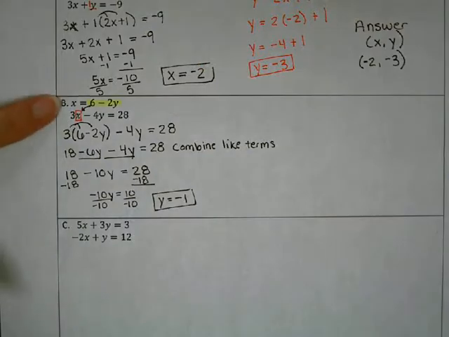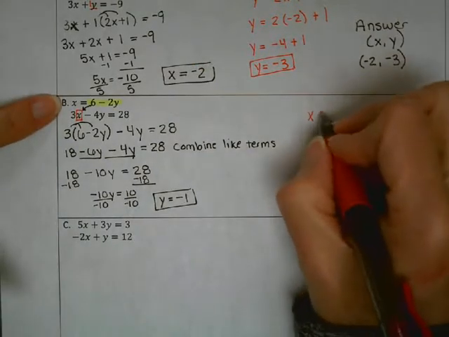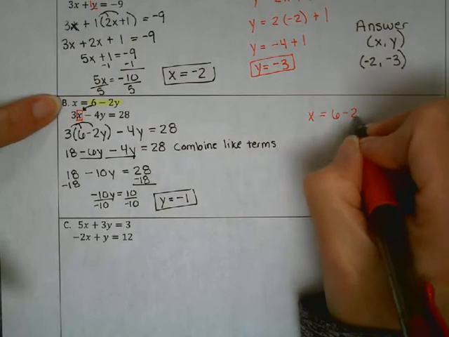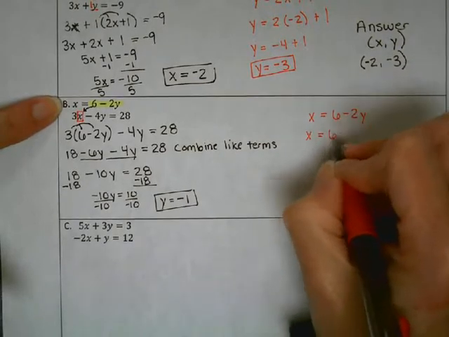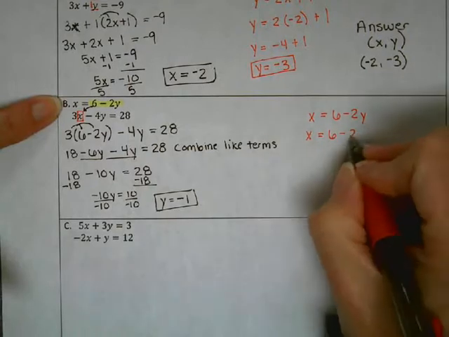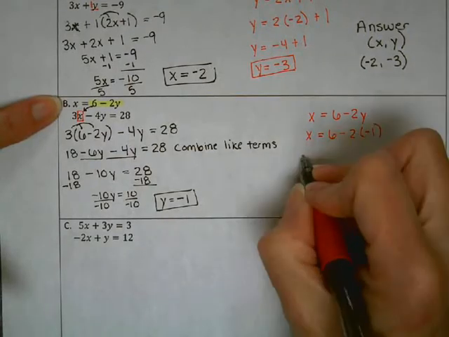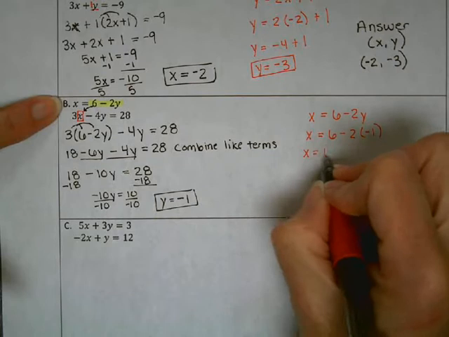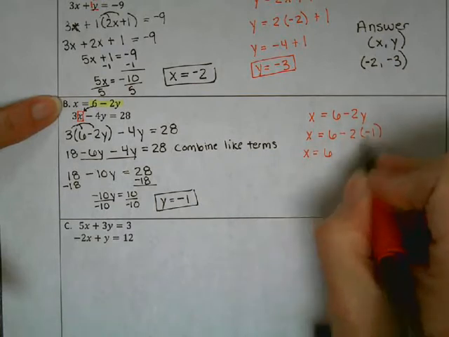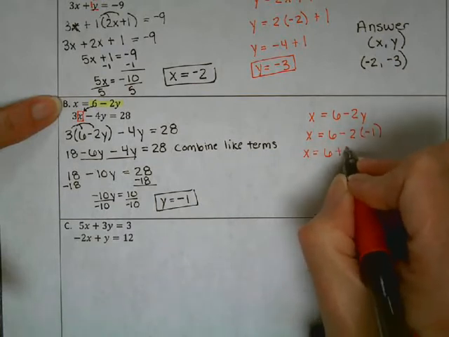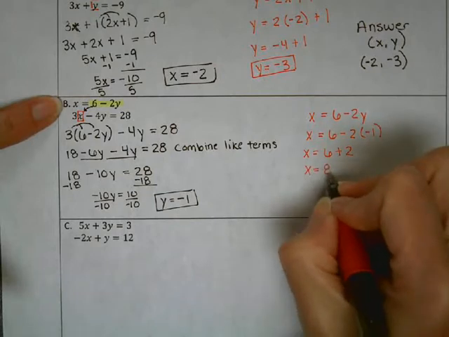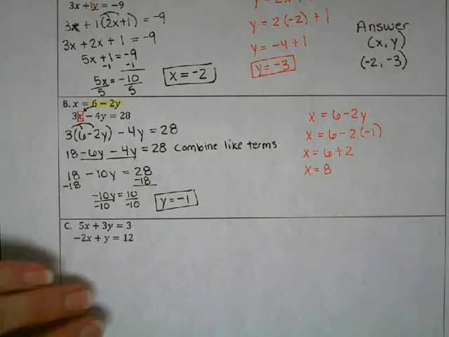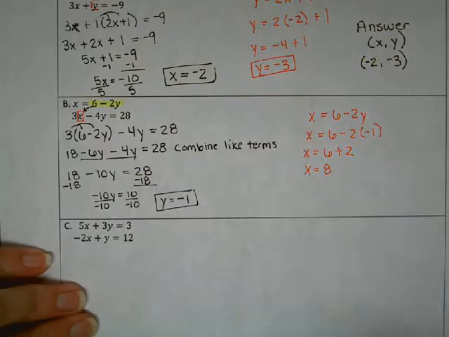So we have the problem x equals 6 minus 2y. So we're going to replace the y with negative 1. Negative 2 times negative 1 gives me positive 2. So x equals 8. And when you write your ordered pair, your answer, or they sometimes call it the solution,